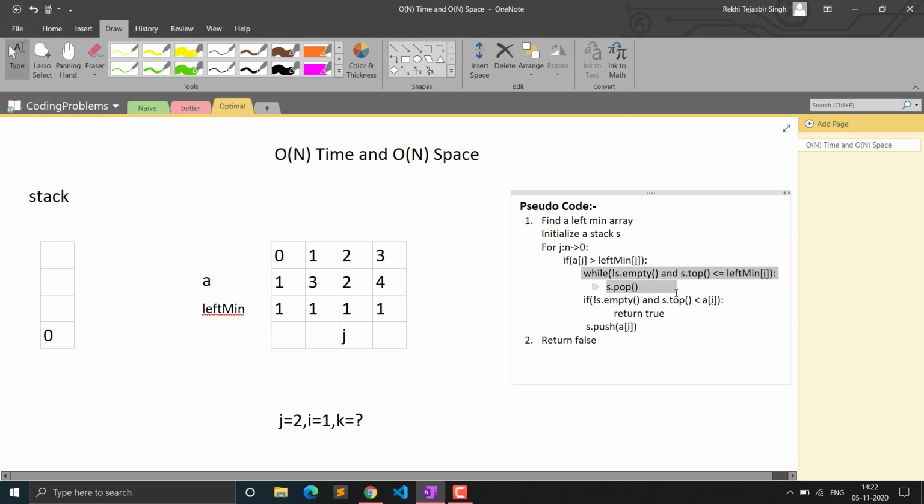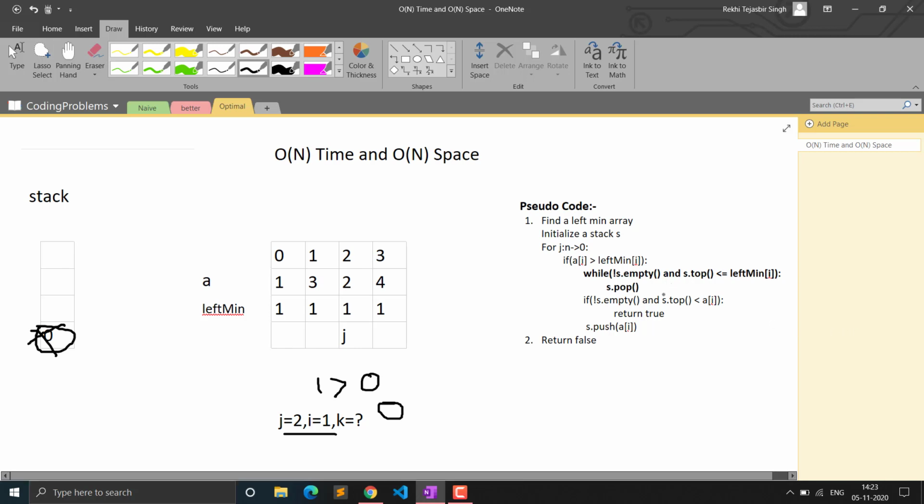I will bold this condition. It states that if our stack is not empty, for example if we had 0 in the stack, and we are taking i and j as 2 and 1, then if we take k as 0, our condition will not be satisfied, because k would be smaller than i. 1 is greater than 0, so the condition is not satisfied. We cannot keep this value in the stack, because we only keep the possible values of k in the stack. This is not a possible value, it will always be false. That is why we will simply pop this value.